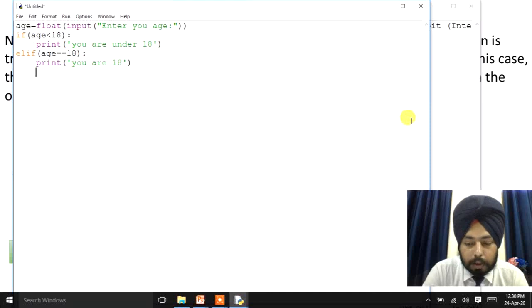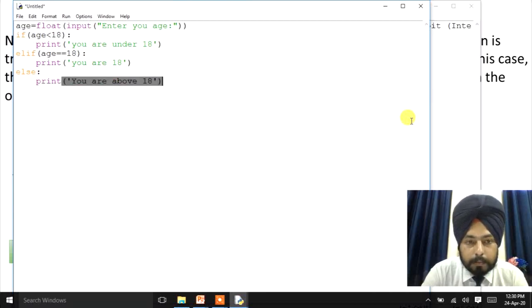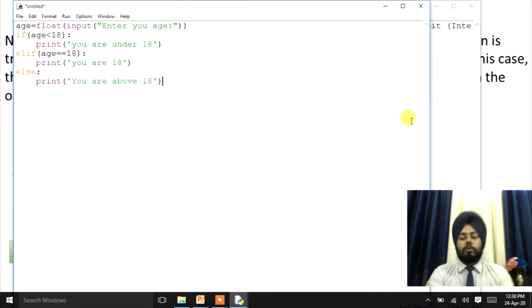Now again I'll use here else. Else means if age is not less than or not equal to 18, then it will print you are above 18, right? So this is the program.